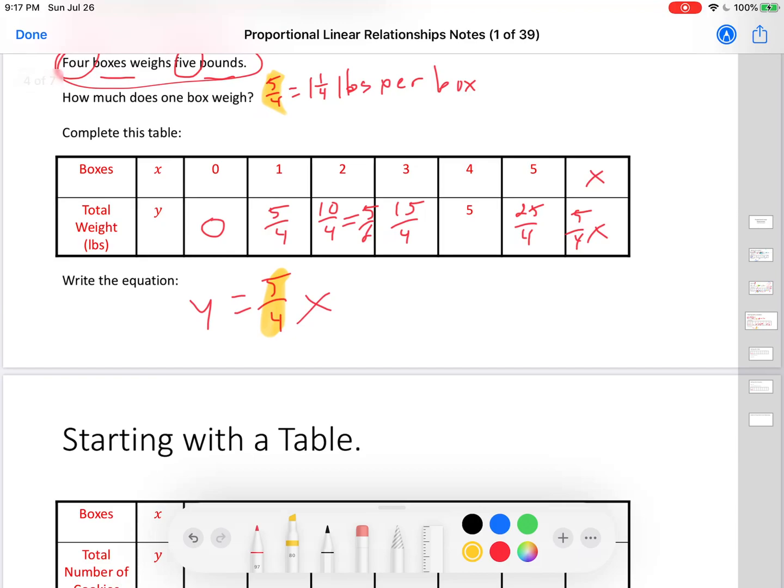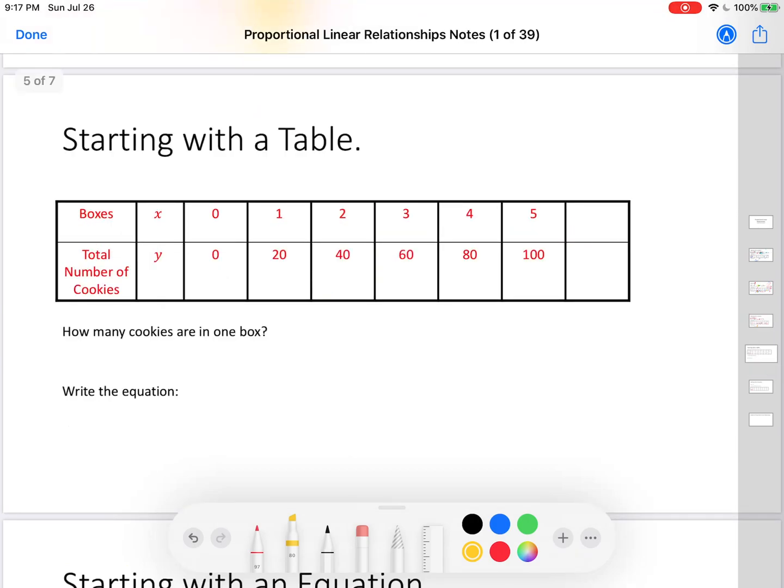It's really that simple. Let's start with a table. 0, 0, 1, 20, 2, 40, 3, 60, 4, 80, 5, 100. What did we multiply by? 20 is right. And in fact, 1 is 20. So how many cookies are in one box? 20 cookies per